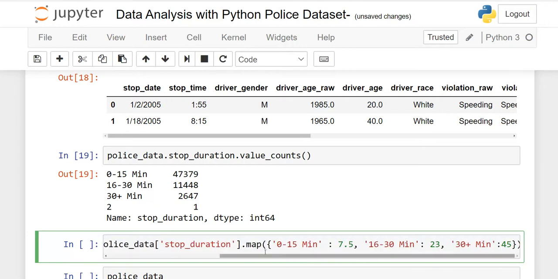Here you have to use dot map. Do not write down mapping, only dot map. What will the map function do for you? It will change the values of the column. So 0 to 15, this is the string you have to write down in quotation. After colon, the mean of this is 7.5, comma, then second,